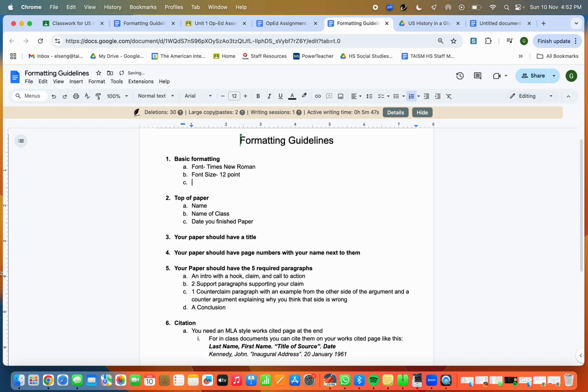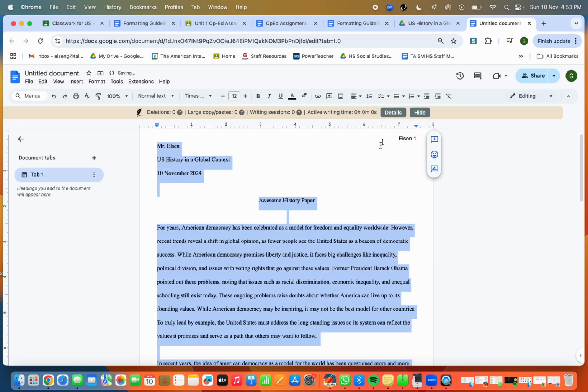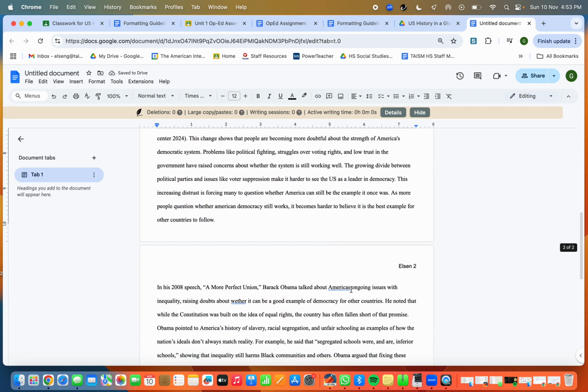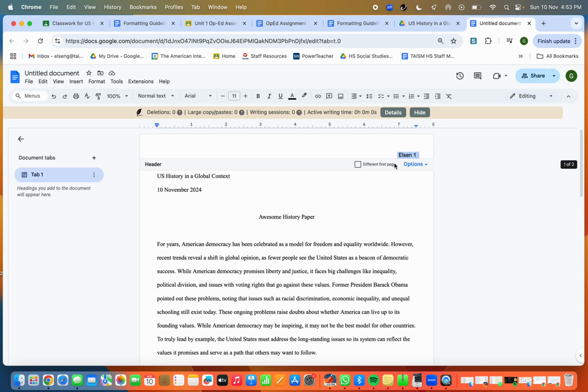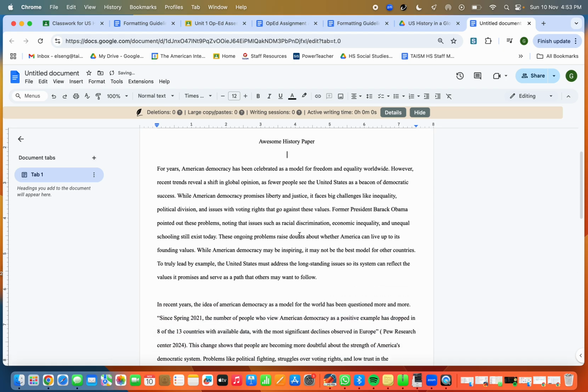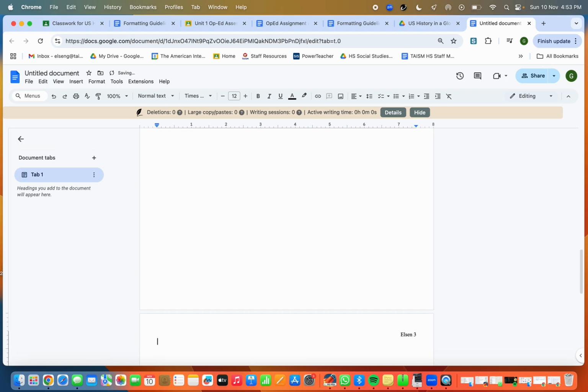Oh, one thing I forgot to add, this should all be double spaced. So in your document, you're going to highlight everything. So do Command A, and then here you would do double spaced. Okay, so now you're gonna see we're on 2 pages like this, and you can see that our page numbers are showing up like that, Elson 2. And then you're gonna want to change the font of those so they're Times New Roman as well. And then you would have a second page. You'd start a new page for your works cited